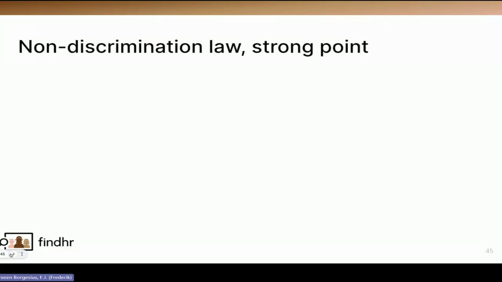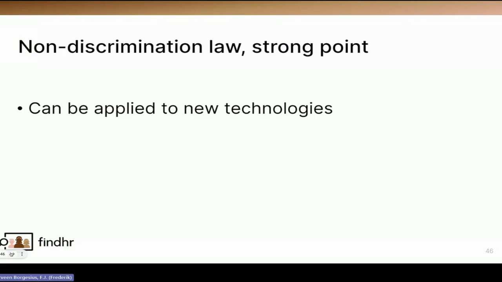And I want to point out a very strong point of EU non-discrimination law, namely that it can be applied to new technologies. Dr. Nina Baranowska and me, we are both law and technology scholars, and this is how you want law to look. You want law to remain relevant, even if society comes up with a new technology. It's bad, or at least not ideal, if you have to adopt new laws all the time, because then the law is always behind. So this is how we want law to be. You have general rules, and if there's a new technology, you just apply it to the new situation. So this is really good about